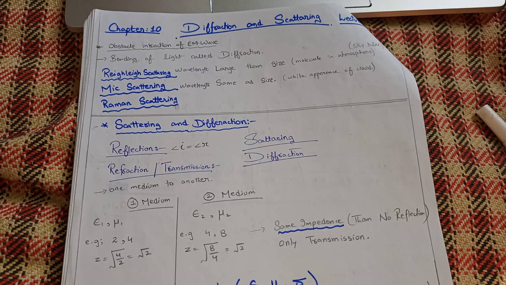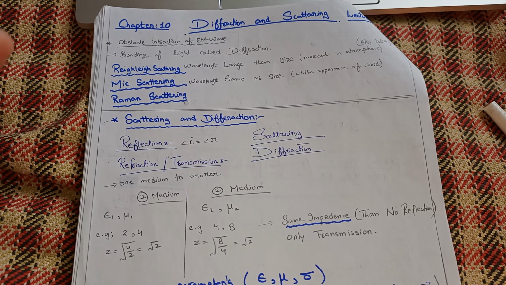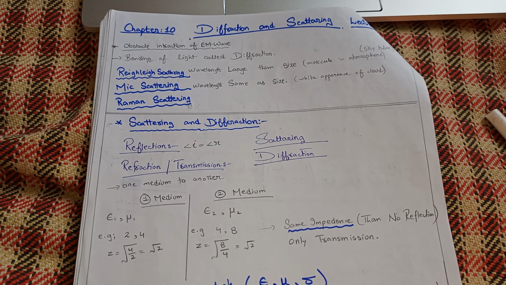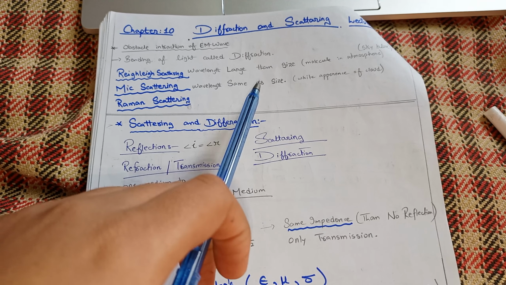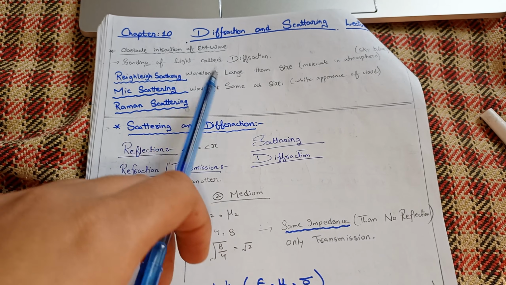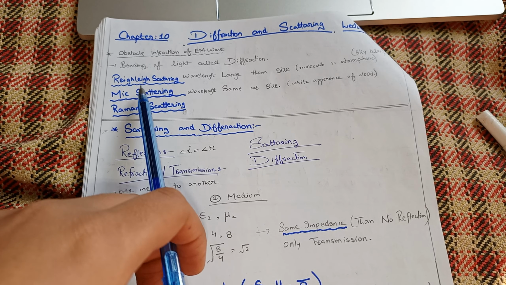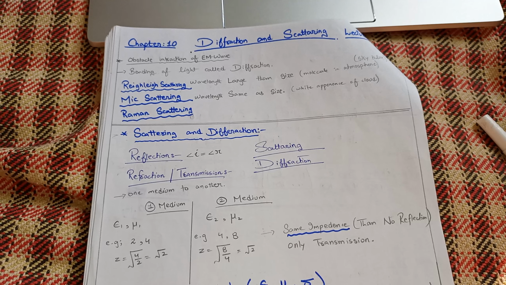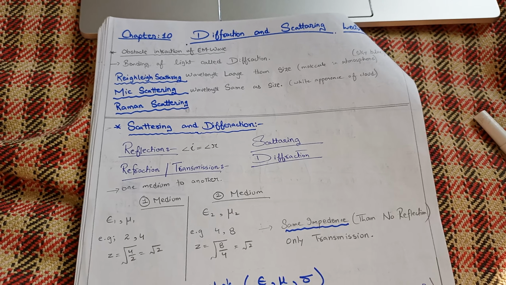First is Rayleigh scattering. What is Rayleigh scattering? When your wavelength is larger than the obstacle size, meaning your obstacle is small in size while your incoming electromagnetic wave has a greater wavelength, then this type of scattering happens, which is called Rayleigh scattering. This mainly happens in our sky. You can see our sky is blue due to this phenomenon, Rayleigh scattering,